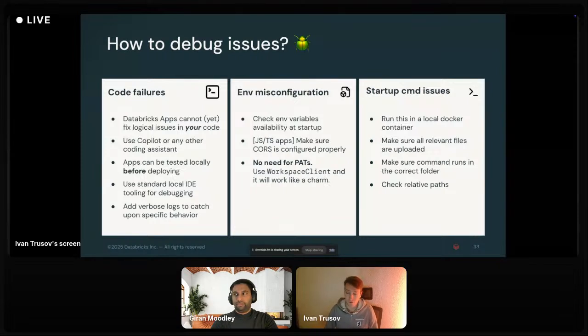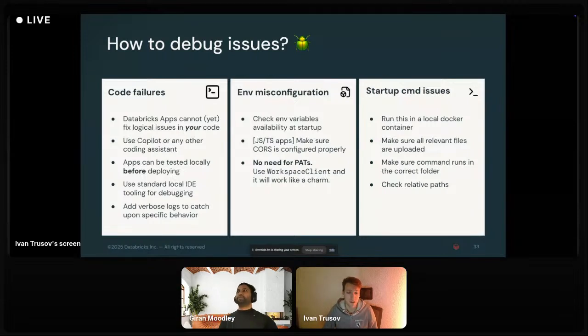Final thing, very important: there is absolutely no need to use personal access tokens of any kind when you are running a Databricks app. When the app starts, it provides in the environment variables all the necessary things which are required by the Databricks Python SDK to use a workspace client and immediately initiate it.